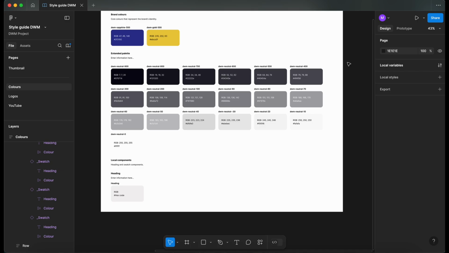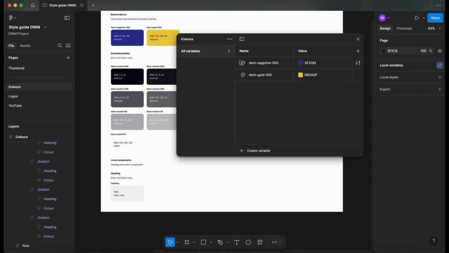What I want to do is add all of these colors as variables. I'm just going to click off so I'm not selecting anything on the canvas. I'm going to go to local variables, click on the icon, and here we see our brand color variables. What I want to do just before I start is give my variables a little bit more structure. So we have our collection up here. So this is where you would create new collections. So at the moment, this is the colors collection, and it's showing me all variables within this color collection,